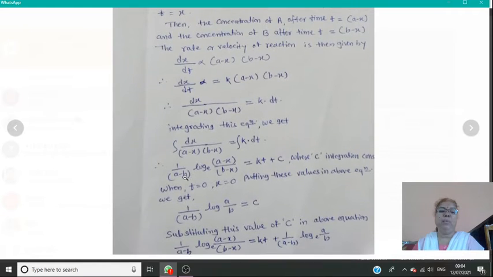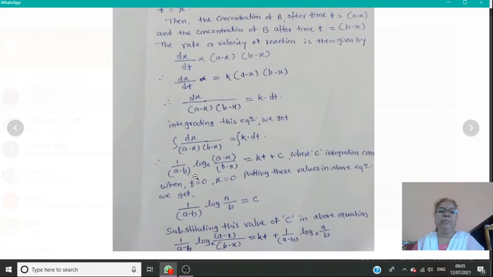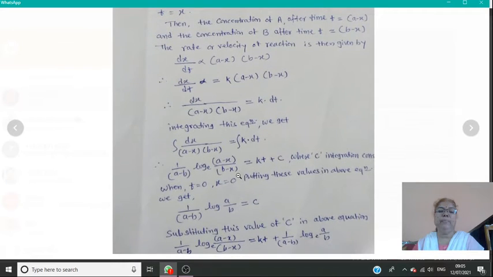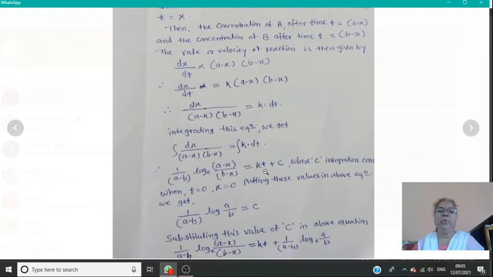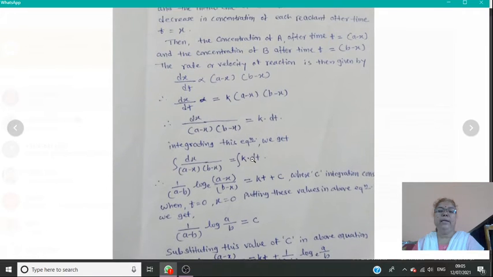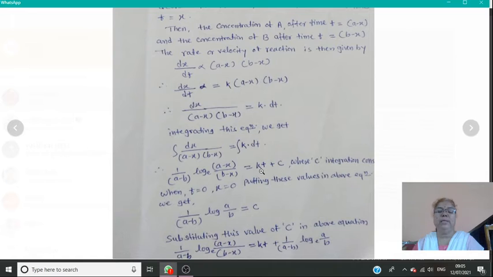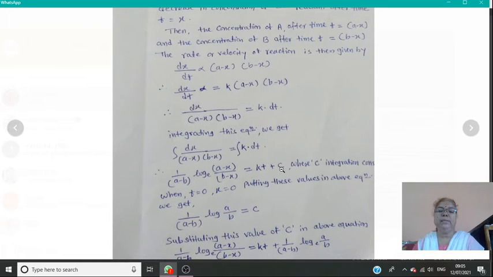We get 1 by (a minus b) into log to the base e of (a minus x) upon (b minus x), equal to k into t. Integration of dt is t, and k is the constant, therefore kt plus c, where c is the